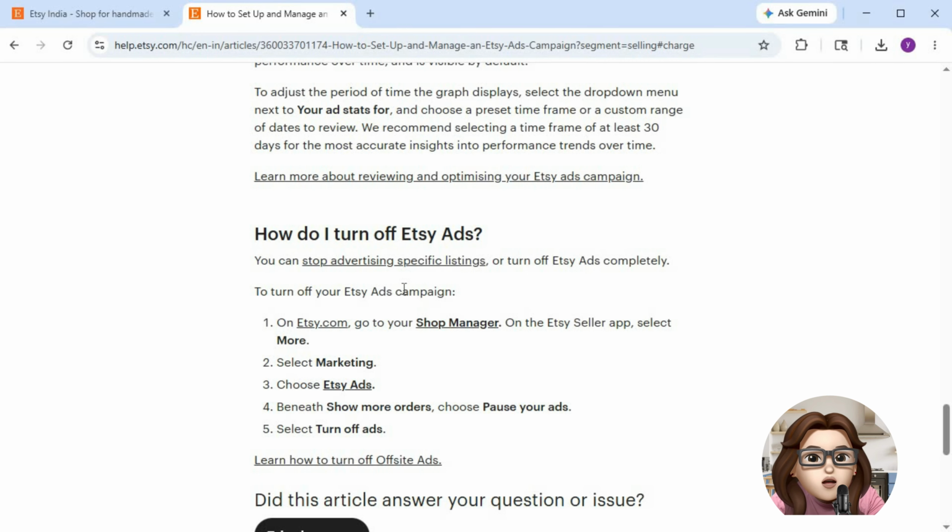Also, adjust your budget based on performance. Increase it when your ads are generating good sales and profit, and reduce it if results are not meeting your expectations. Keep in mind that higher budgets can bring more visibility, but only optimized listings will convert that traffic into